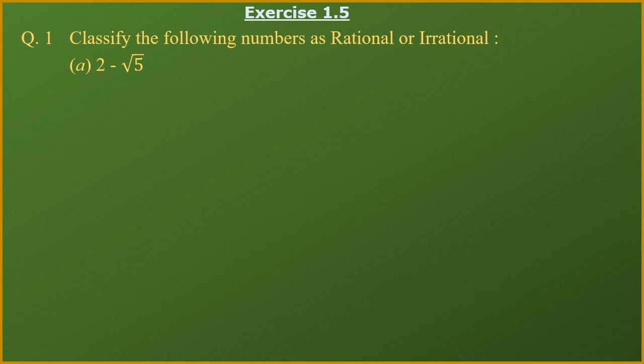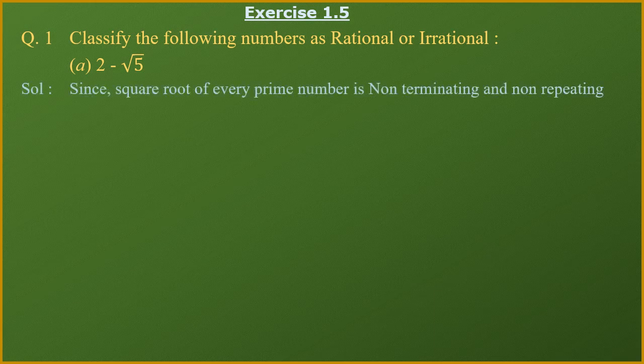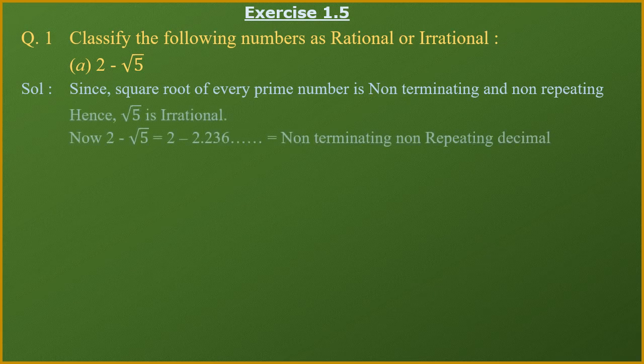In the first number you see we are given 2, and the second number is root of 5. 2 we know is an integer, hence it will be a rational number, and root of 5 is a square root of a prime number, so this will be non-terminating, non-repeating, and hence it will be an irrational number. So we can say that the addition or subtraction of a rational and an irrational number is always an irrational number. We can see the answer; in the answer the same thing is mentioned. Okay, now let us see the second part.